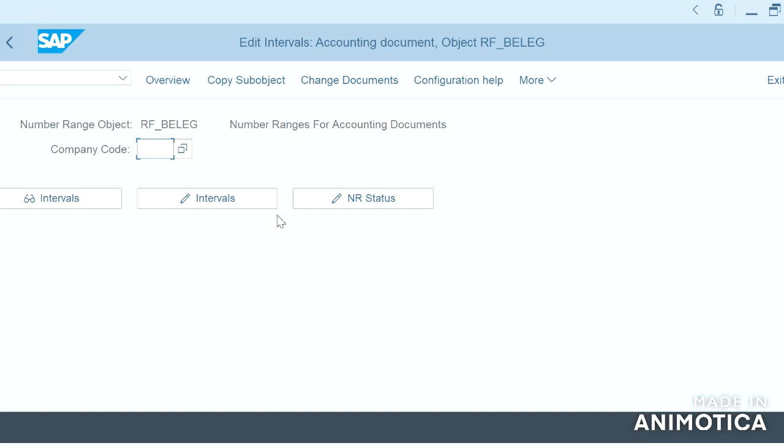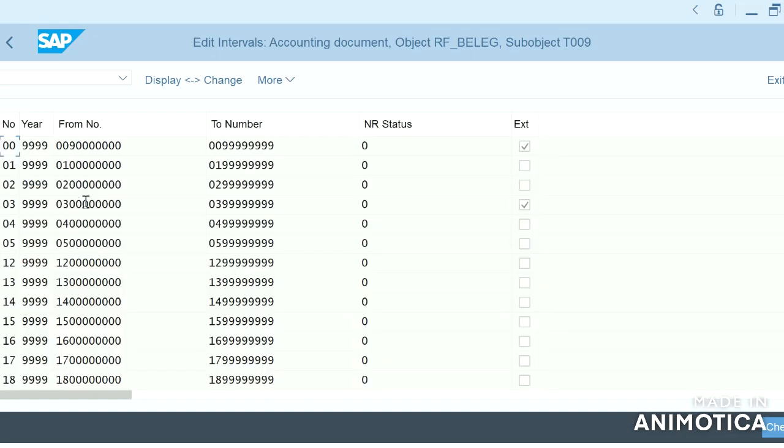Number ranges are defined as specific intervals in which documents should be created in SAP, and document number ranges depend upon the company code.